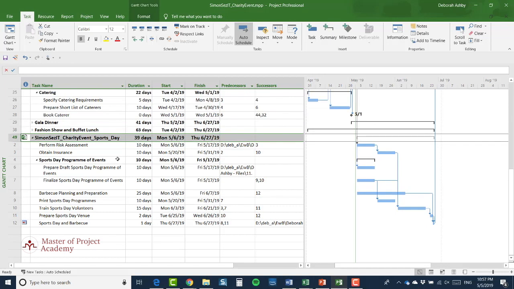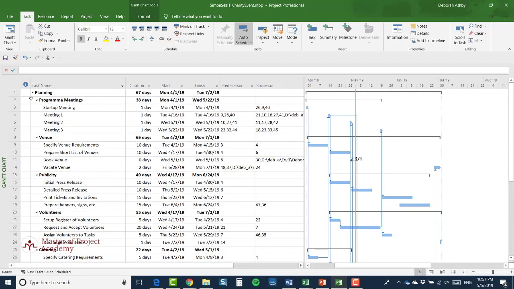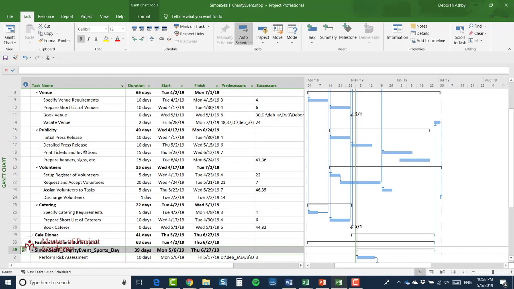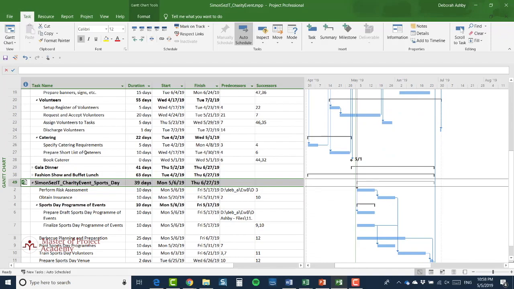Now, one of the things that you've probably noticed by now, particularly if you look at the IDs within the sports day sub-project, is that the numbering has got gaps. So you can see here it goes 2, 3, 4, 6, 7, and so on. You may also have noticed, as we've been going through doing the work in this section, that the numbering of tasks in the main project also has gaps. So you can see here it goes 1, 2, 3, 4, and then jumps to 6, and so forth. Now, don't worry about the gaps because I'm going to talk about those a little bit later on in the course. For the moment, I've replaced the summary task by the sub-project, and the scheduling of sports day is